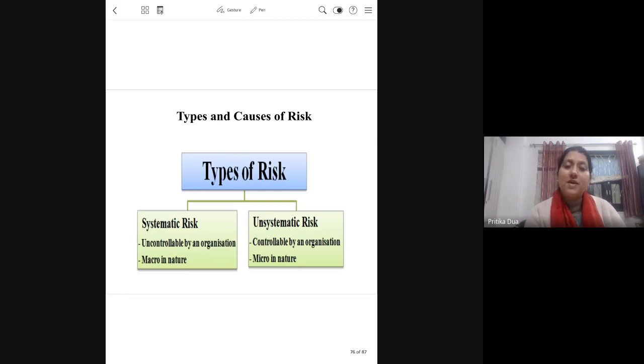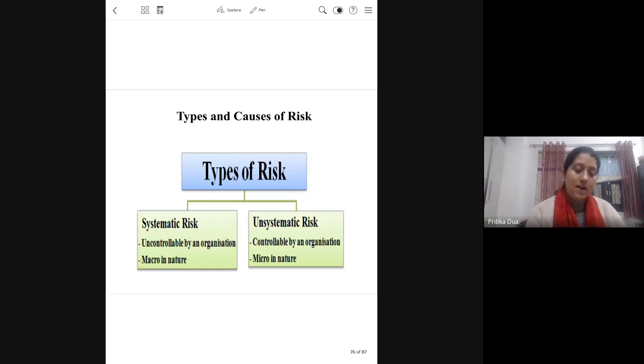तो ये सब जो फैक्टर्स हैं ये एक सिंगल कंपनी के बियॉन्ड हैं, ये गवर्नमेंट ले रही है एट द सेंटर. So these factors come under the macro level risk which are faced by the firm. So systematic risks are which are macro in nature, which are beyond the control of a single firm, whereas unsystematic risks are which are micro in nature, जो एक firm single handedly control कर सकती है.